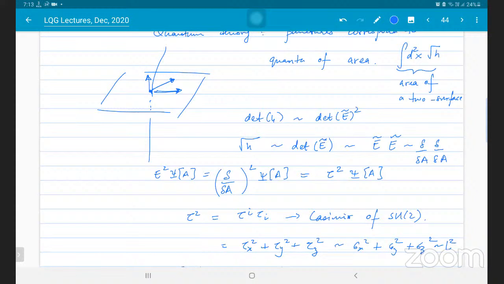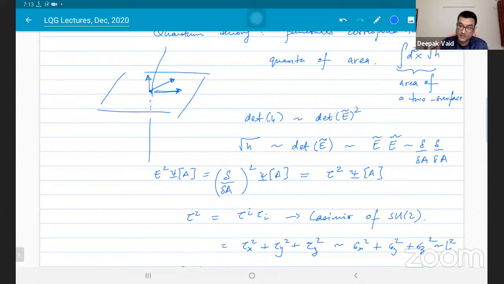Like in quantum field theory, we have... Right. No, absolutely. This is a great question, but it is related to the question of what happens, how do you build up space-time from quantum geometry? If you take a surface, and think of the area of a complete surface which consists of many punctures, then to write down the area of the surface, you would have to construct the Hilbert space of all the punctures taken together collectively.